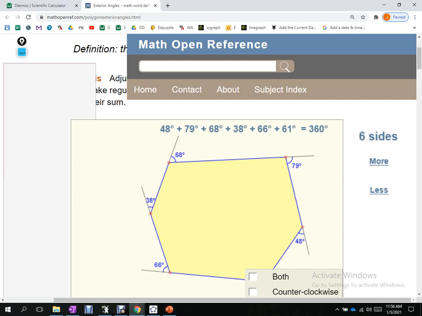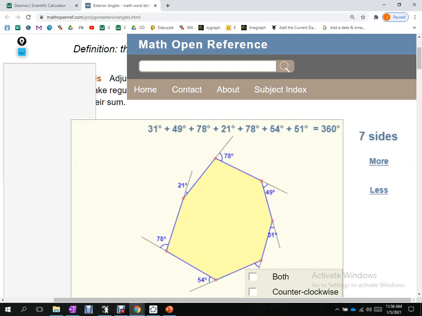And we could prove that pretty easily by just looking at the interior angles and knowing that these all have to be supplementary. This interior and exterior angle have to be supplementary. And these interior angles all total, in this case, it's what, 720? So we could go through a little bit of proof to guarantee that this is always going to be 360 for a hexagon. But if I add a side, now I got a heptagon, so 7 sides,